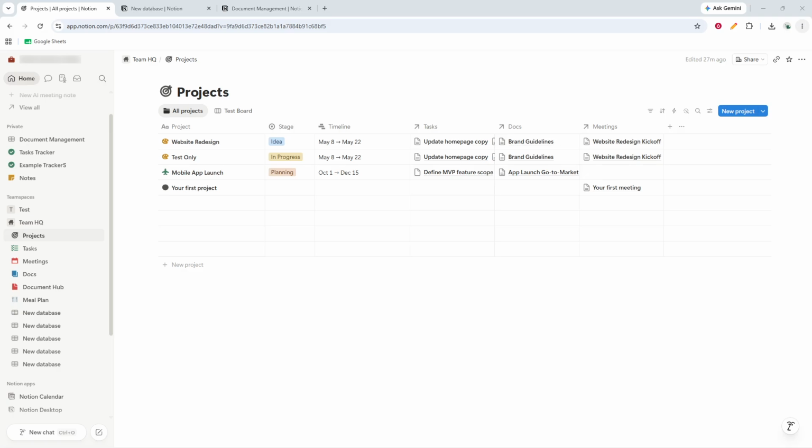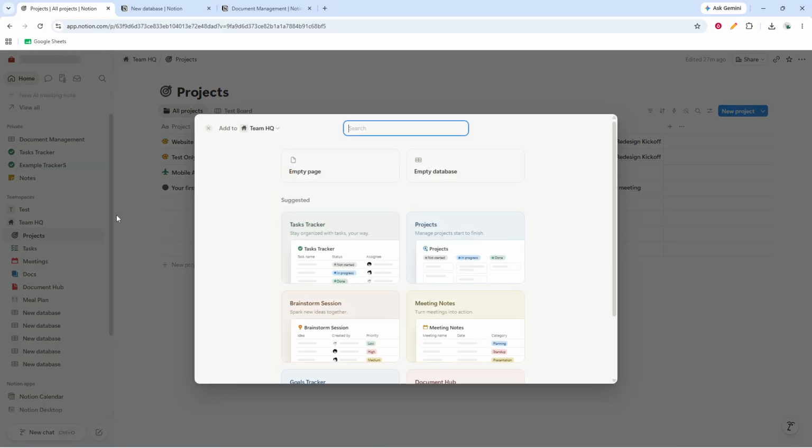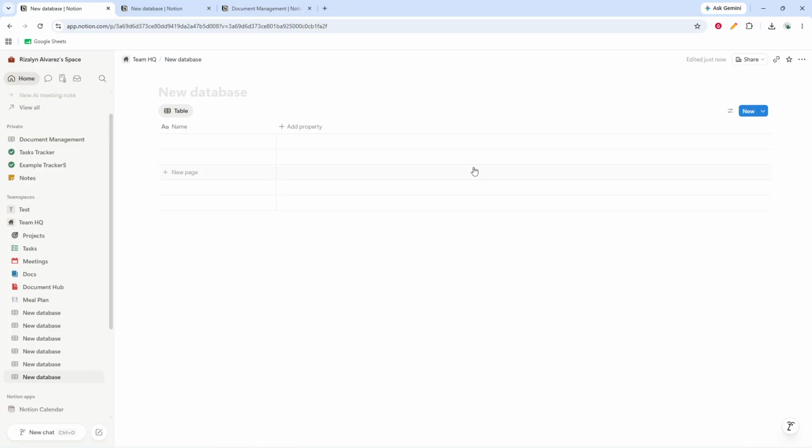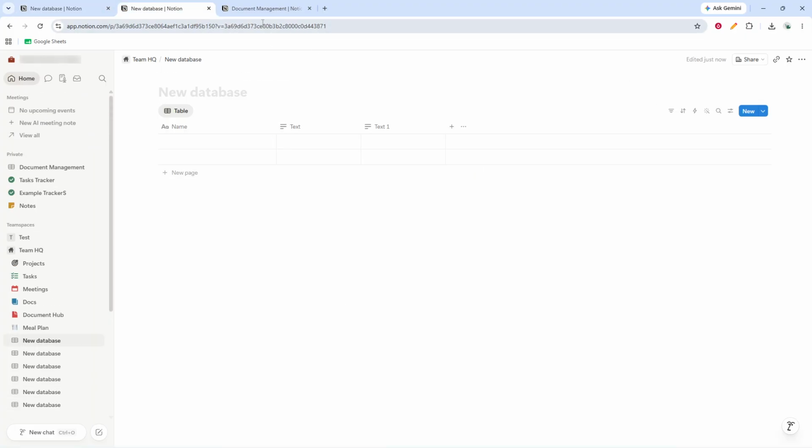Here is how to build a document management system in Notion, step by step. Start by opening Notion and creating a new page that will hold the full system. This page will act as the main place where your documents are tracked, organized, and reviewed. Give the page a clear title so it is easy to recognize later, especially if you are working across several